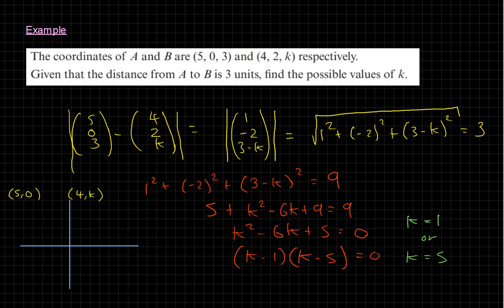Okay, and let me just block off the rest of this stuff because it's unrelated to what we're doing now. This is our little thought experiment bubble. So those 2 points, if I plot them, 5, 0 will be here, say, well that's 5, and 4k, well if that's 4, and k is allowed to freely move, so 4k is somewhere on this dashed line. And if I then told you the distance is 3 between them,